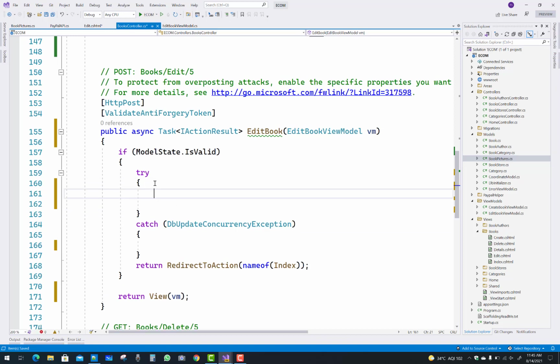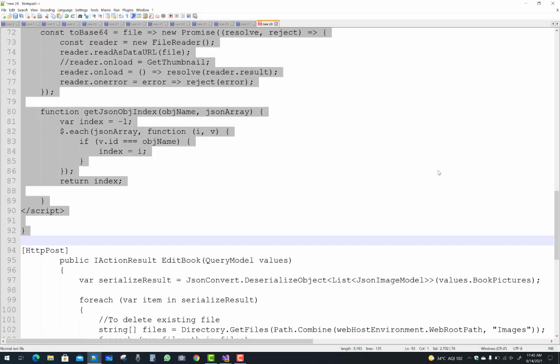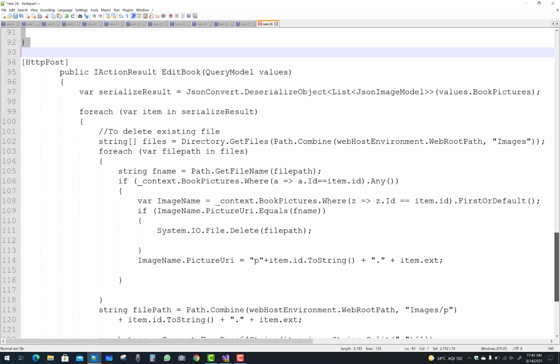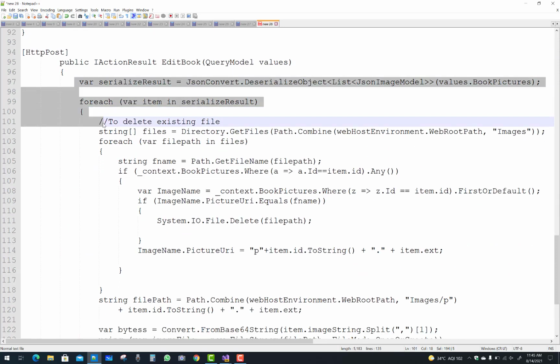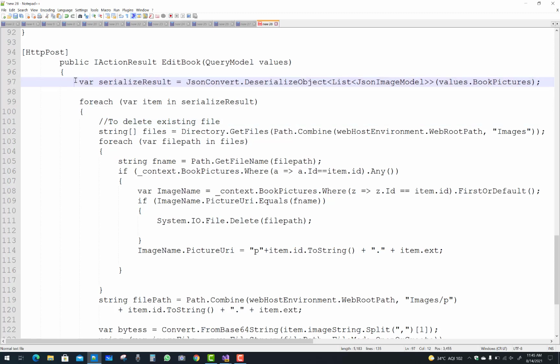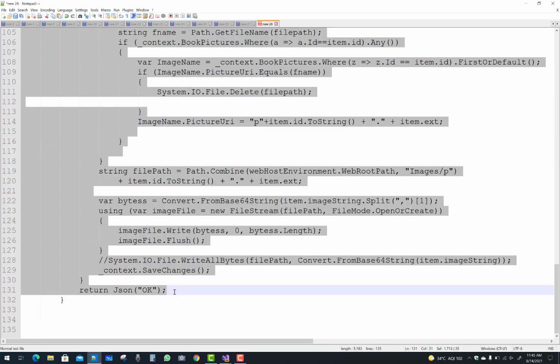So just pass to the VM, and in the edit post action method, you can pick the image array in the form of deserialization.